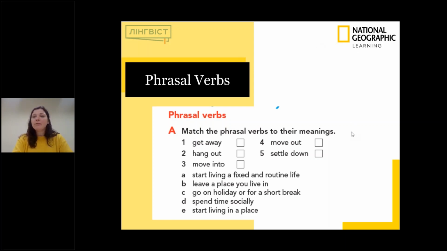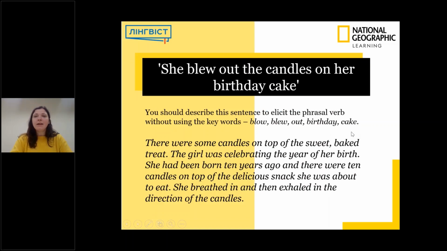And now be ready to find out about a game. This game is a bit confusing the first time, but when you practice it, and if you practice it with your students and help them with the examples, then you can use it and they will have lots of fun, by the way. So what you need to do,